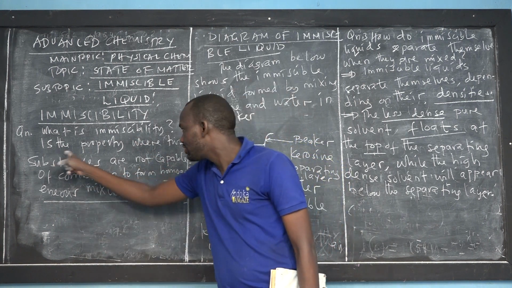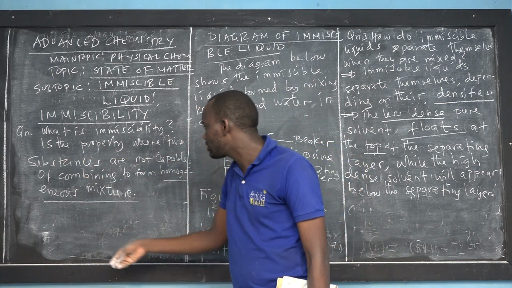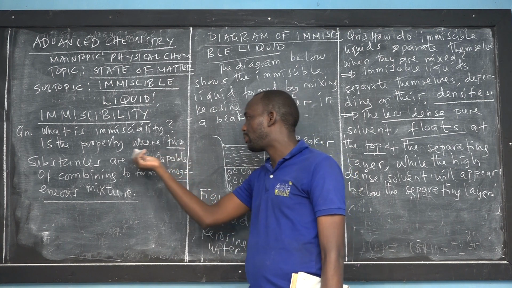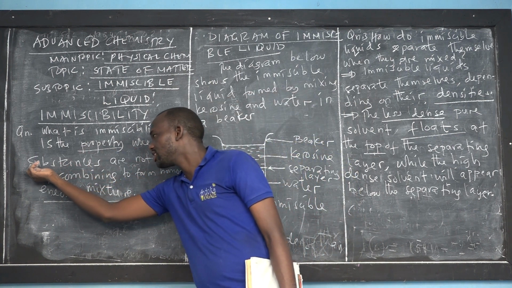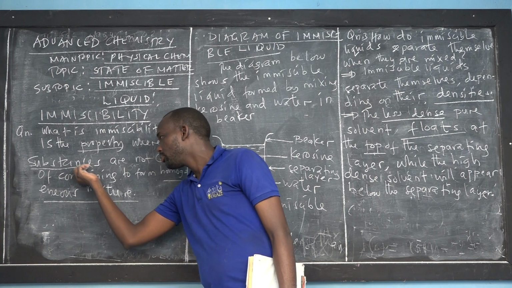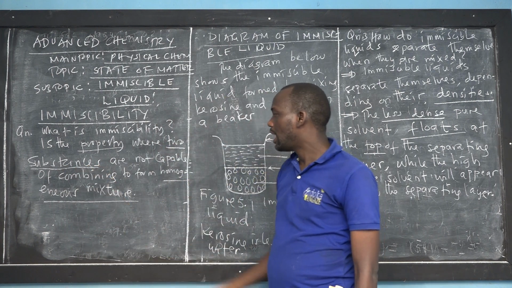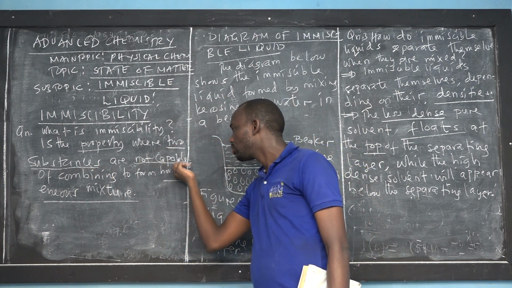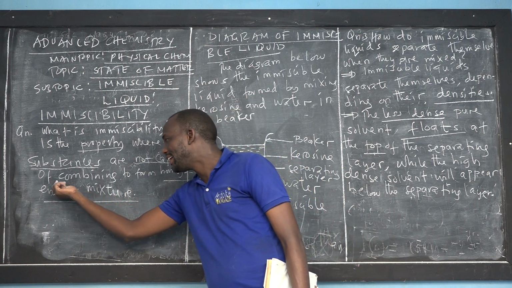Immiscibility is a property where two substances or two solvents are not capable of combining